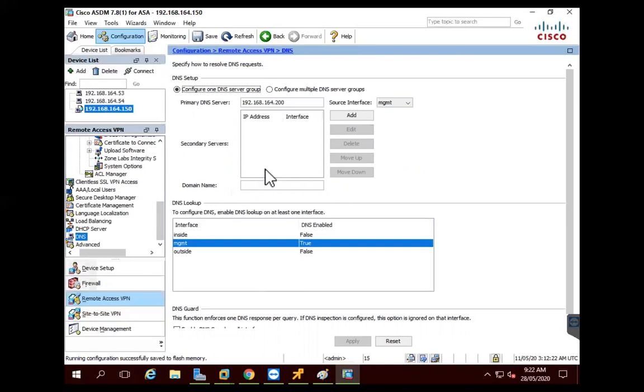So now we are done with the ASDM and we are done with the ASA configuration. The only thing is that we have to enable the web VPN on the ASA. So I will close this ASDM.